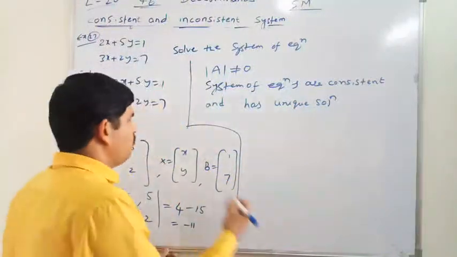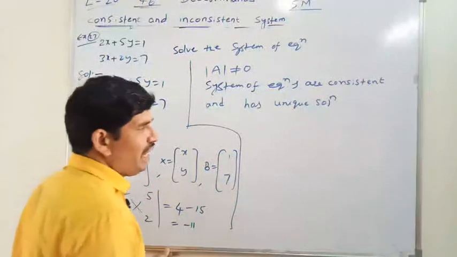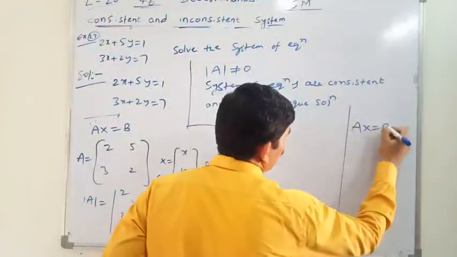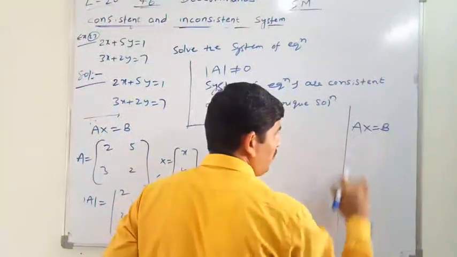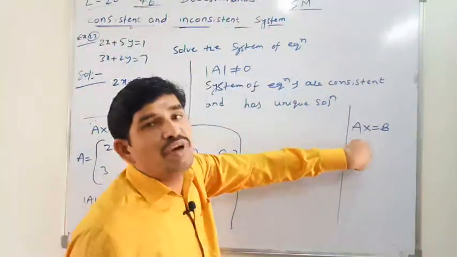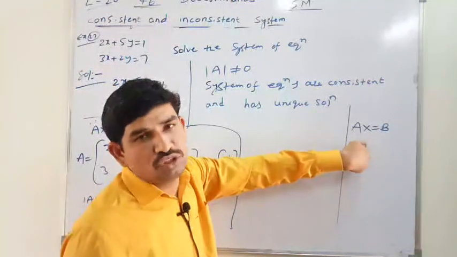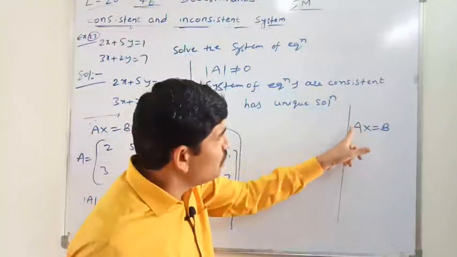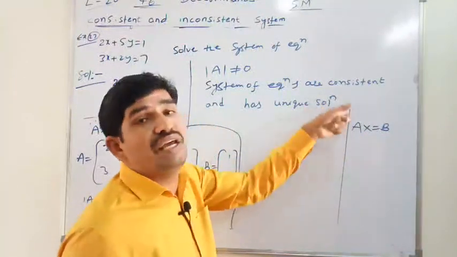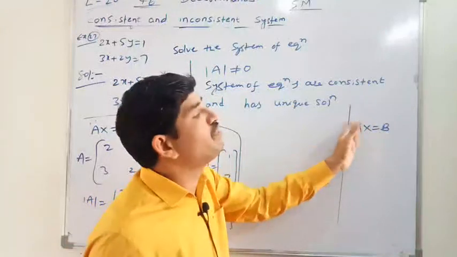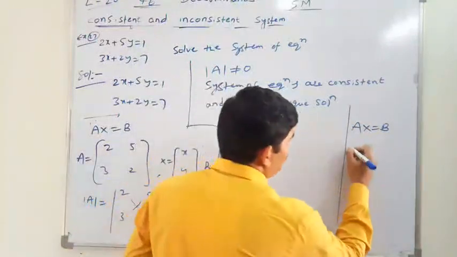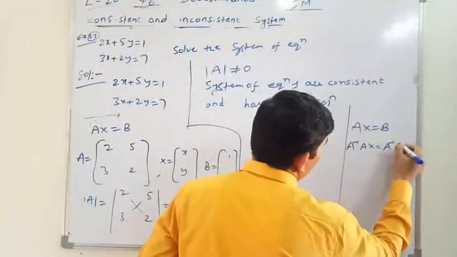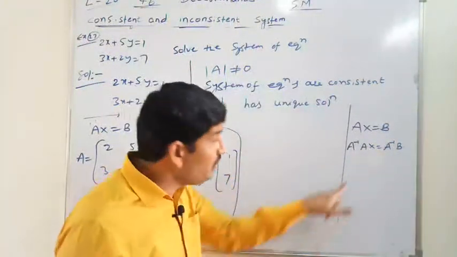After that, see, this is AX is equal to B now. Actually roughly I am going to say here, whatever AX is equal to B is there, now we are pre-multiplying by A inverse on both sides, pre not post, okay. Pre-multiplication means in front of A we write A inverse, post-multiplied means after A we write A inverse. Now I will write here A inverse into A into X is equal to A inverse into B. This is pre-multiplied by A inverse.